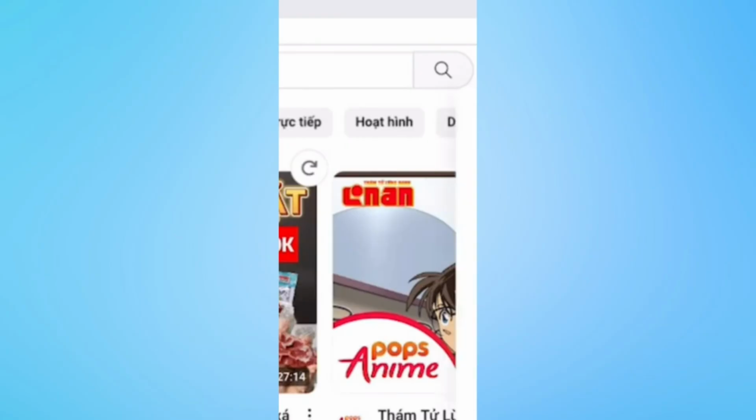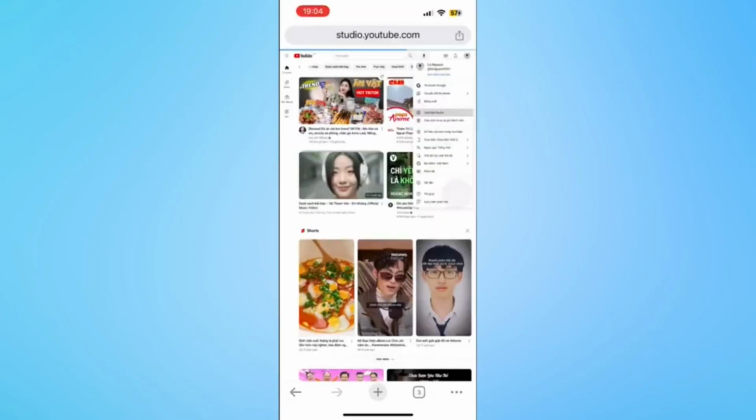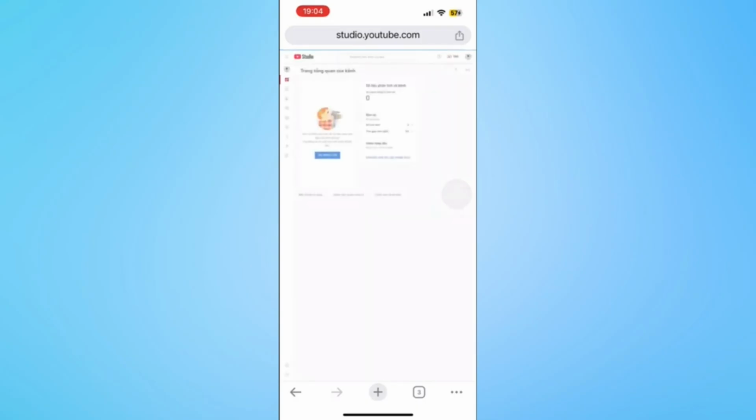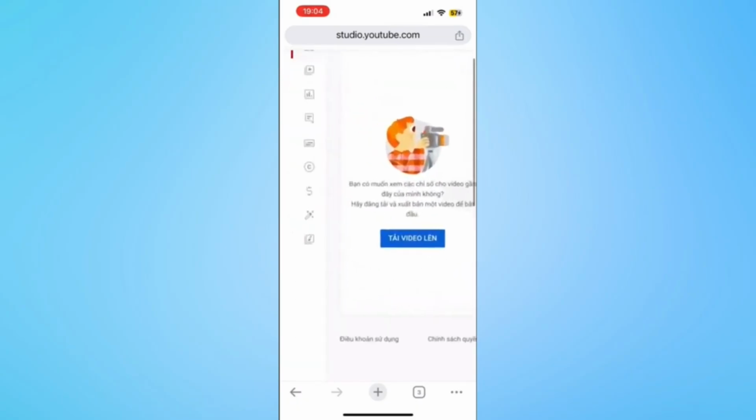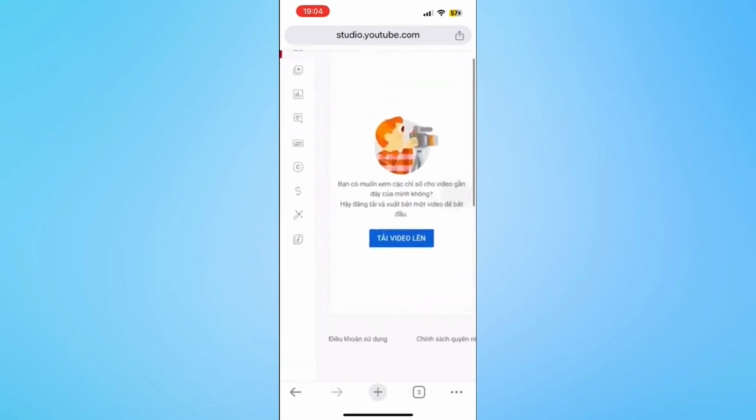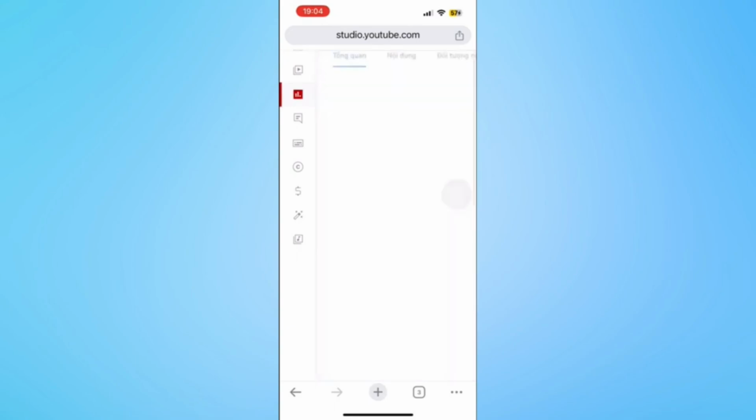So here at the top right corner, you can see your avatar. Please choose it. And then choose YouTube Studio. Here you can see we move to the studio.youtube.com site and on the left of screen, you choose the second sign to see how many subscribers that you